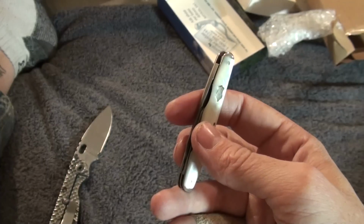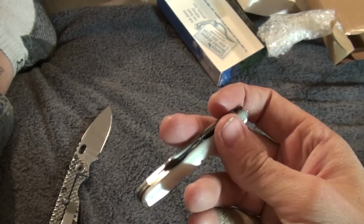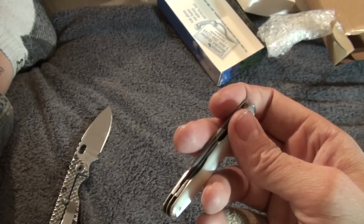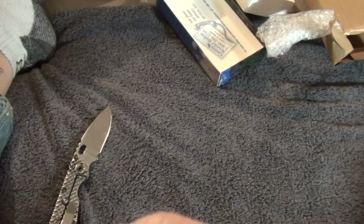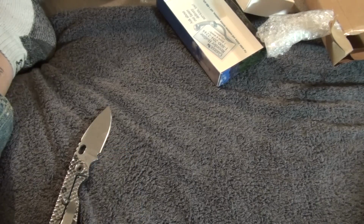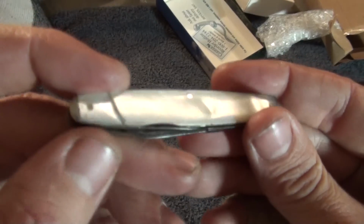This one was probably made between the years of 1865 to present. My bad, at least I believe that to be true. I'm not sure. This could actually be one of the newer models. I'm going to have to look this one up further. But pretty cool little knife, minus the pearl crack, which